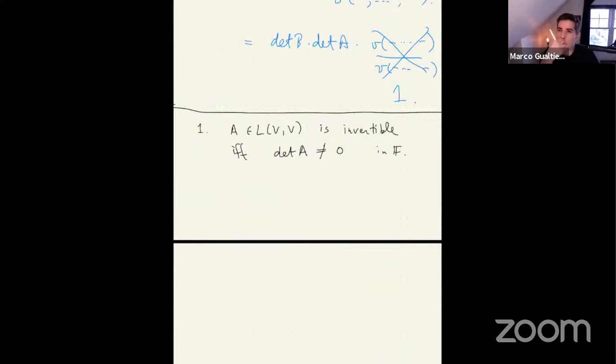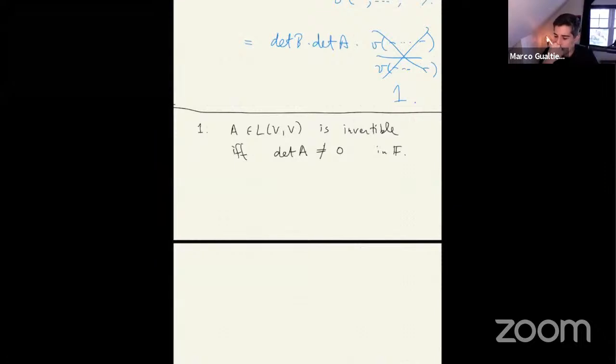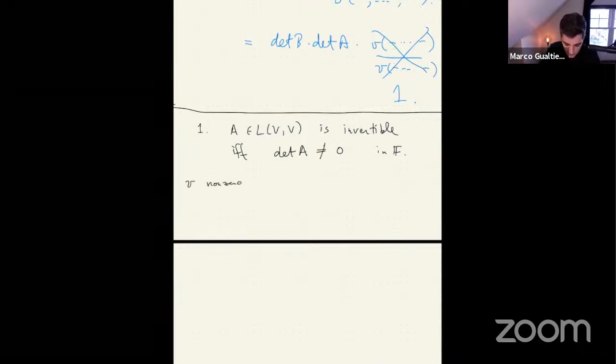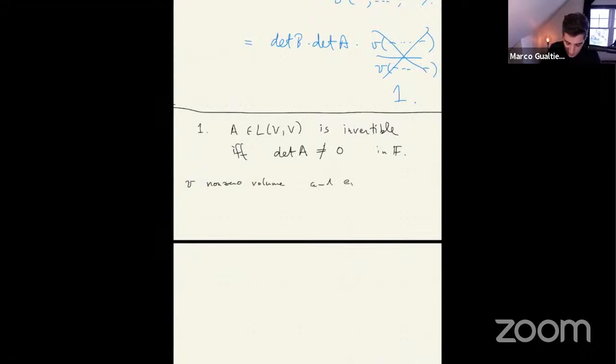And you could think that this is not very difficult to prove because of the whole idea of volume. If you take a basis, then the volume on that basis will give you some non-zero number. So if V is a non-zero volume, and E1 up to En is a basis, then this is non-zero. This is the volume of an n-dimensional box.